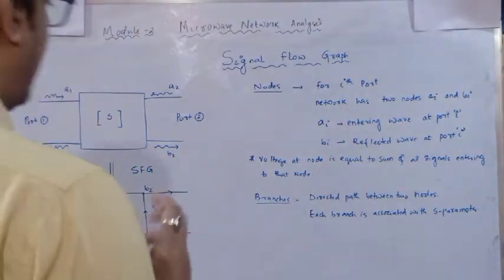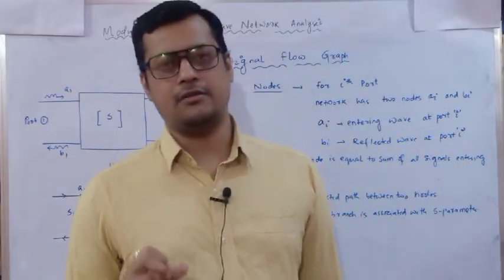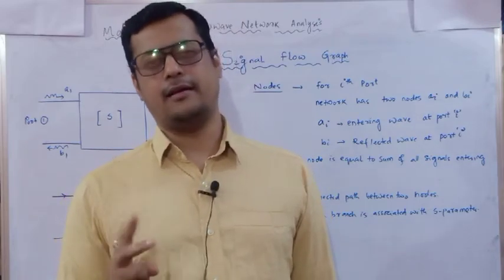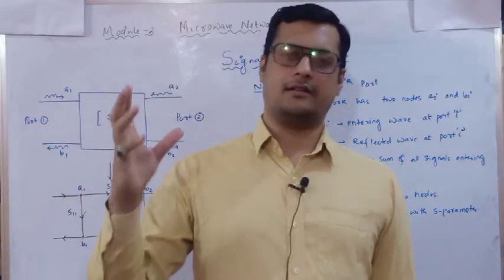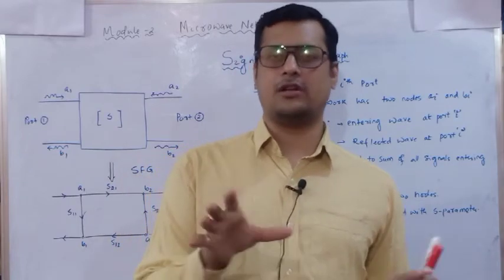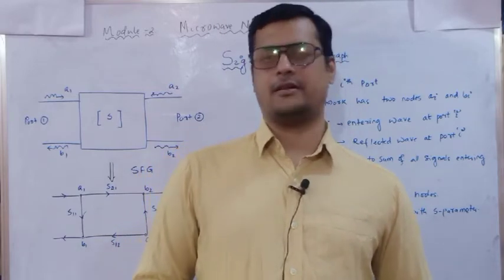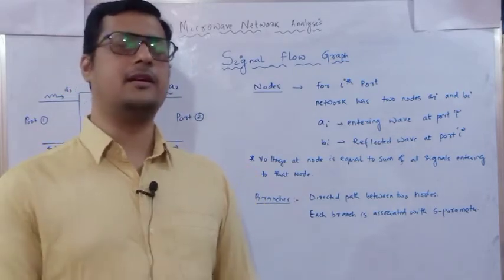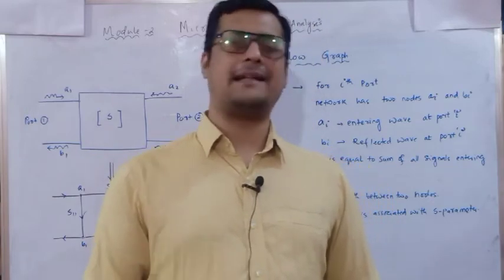So as I have written on this board about the signal flow graph, two important factors will come into picture. One is node and one is branch. Now the node and branch, we have already seen how we represent the whole block and what properties are there, how we can simplify the total complex block to identify the transfer function, whether it is a feedback loop, a forward path, how many loops are there, how many untouched loops are there, and that we can identify with the help of Mason's gain formula.